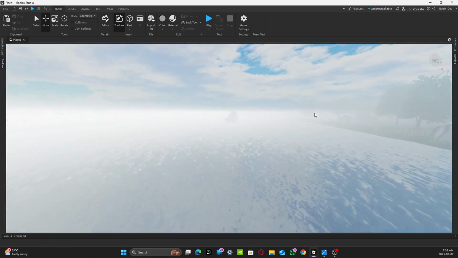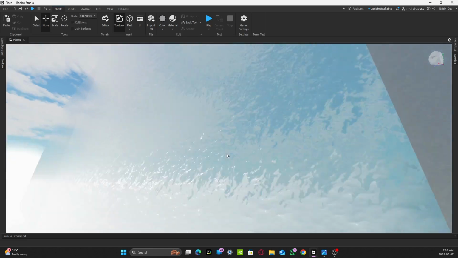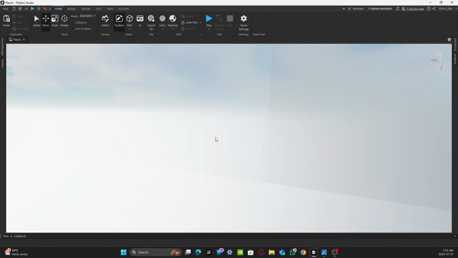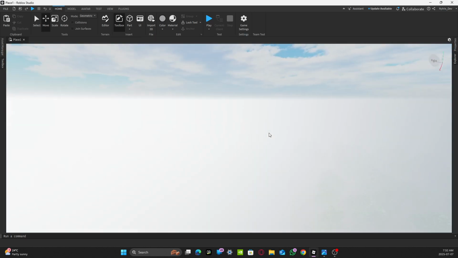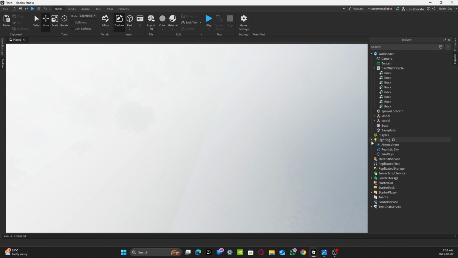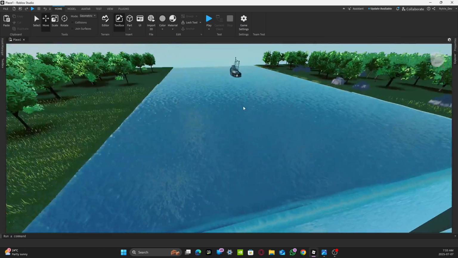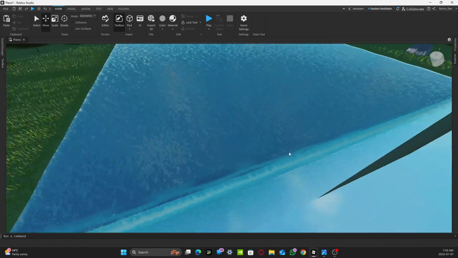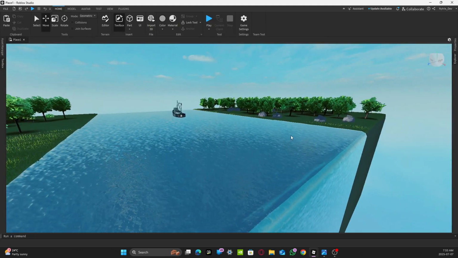Players can go over here, go underwater, and just jump off into the void. The base plate was important to keep, because later on it can be set to transparency equal to one. You can't really see anything here, so I'll go back to lighting and put it away. If you want players to not jump out of the map and to stay, instead of jumping off the map, just